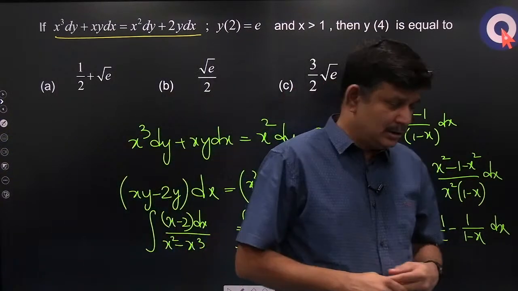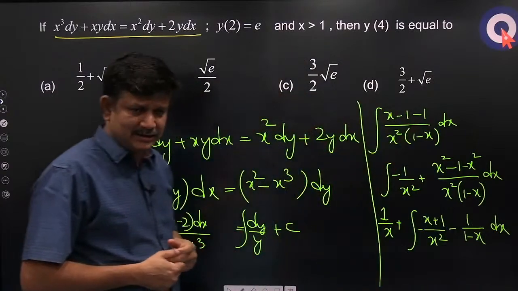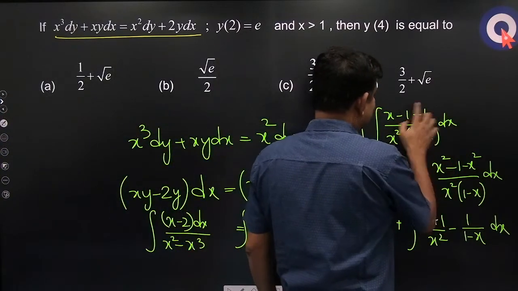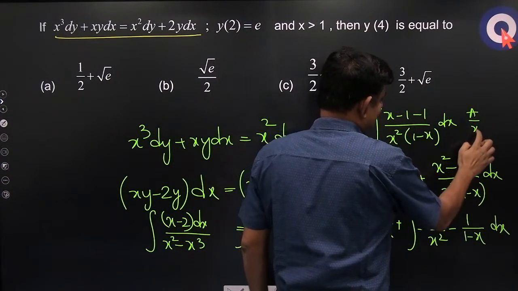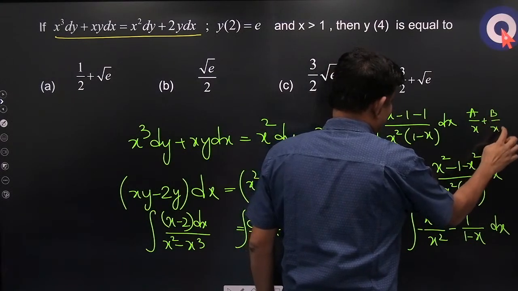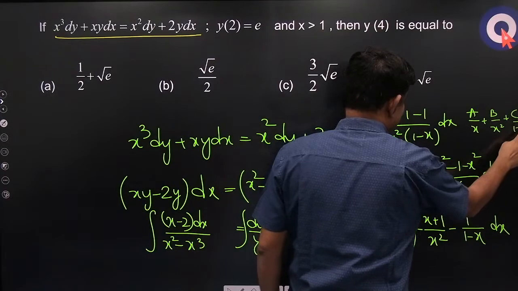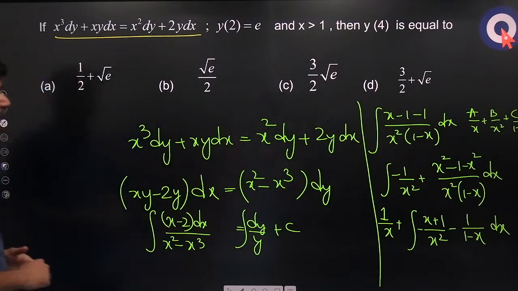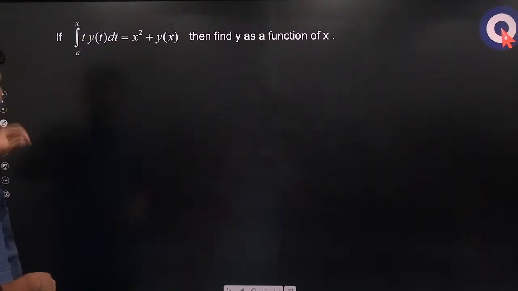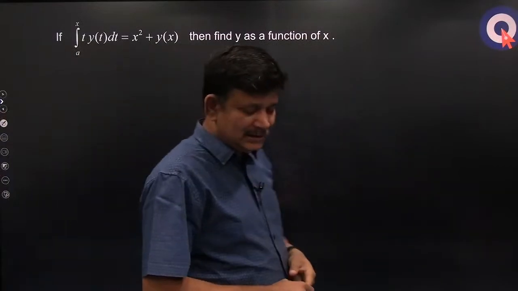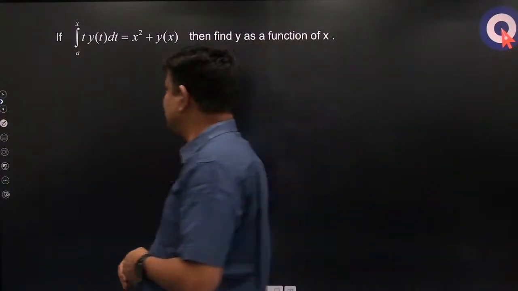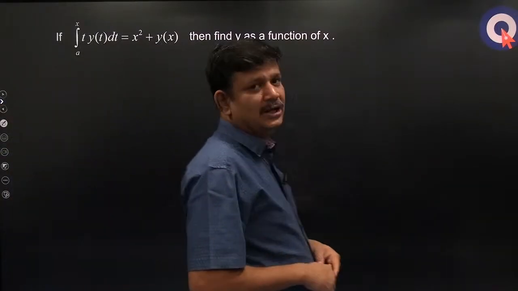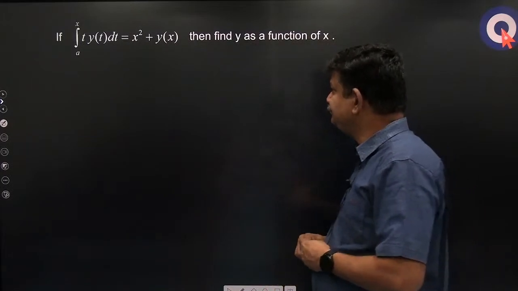So this part is little trickish unless and until you know partial fractions. If you know partial fractions, happily you can write this in the form a by x plus b by x square plus c by 1 minus x and find the values of a, b and c. That is how you can do it directly, methodically. Okay? Otherwise you have to intuitively find x square से ऐड करना है या x ऐड करना है या 1 सबट्रैक्ट करना है या 2 को अलग कैसे लिखना है, ये सब सोचना पड़ेगा।